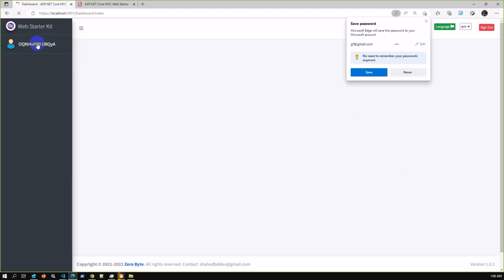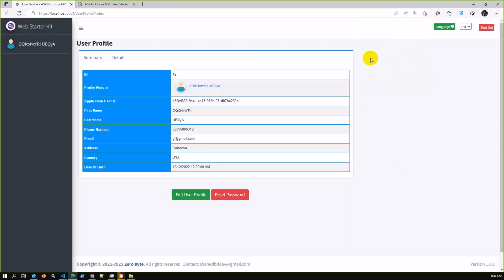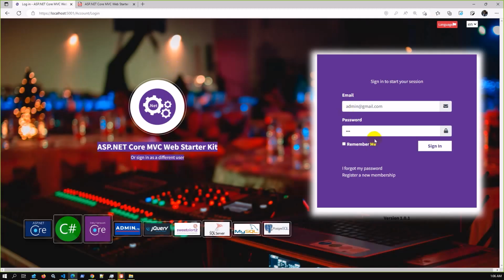So this is empty. The menu is dynamic based on user access, role based access. The user can see the menu. Admin can access all the pages, but other users access just a simple dashboard. If I log out and log in as admin again,